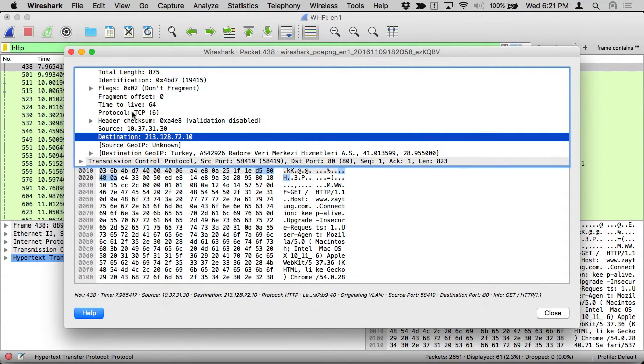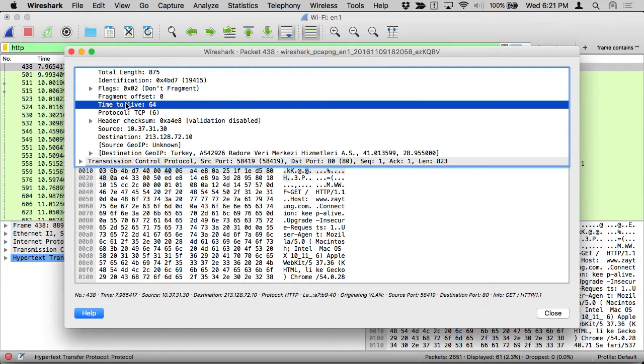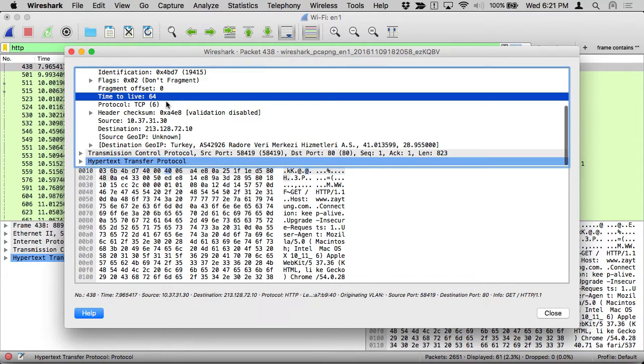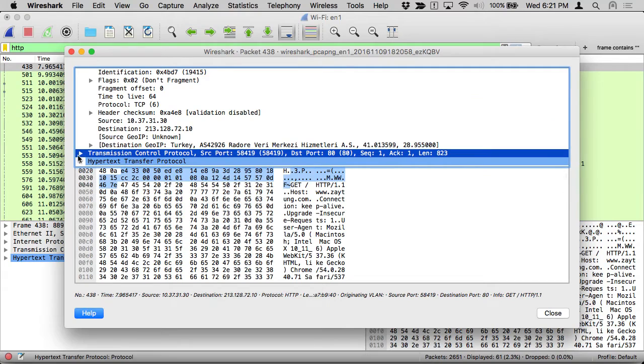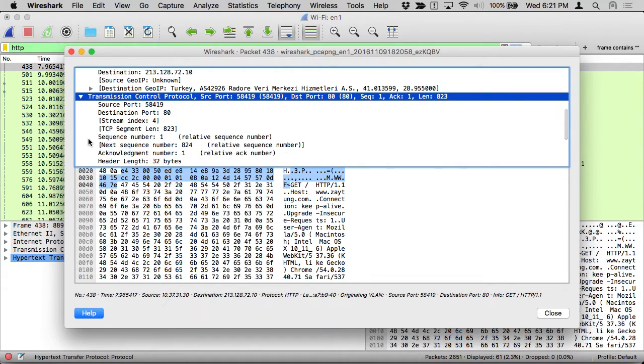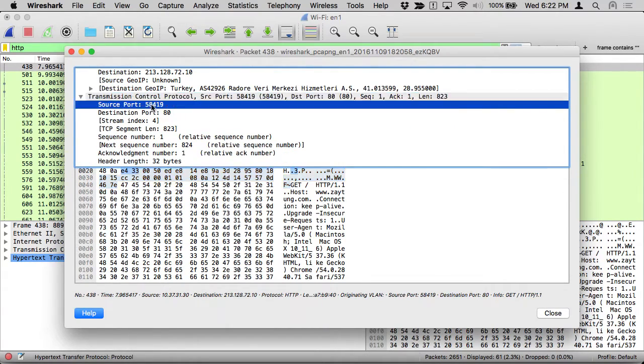So time to live is going to be this. So these are the IP headers, and then layer 4 includes the TCP/UDP definitions. As you can see, this is the source port, my random port, 58,000 something, and the destination port